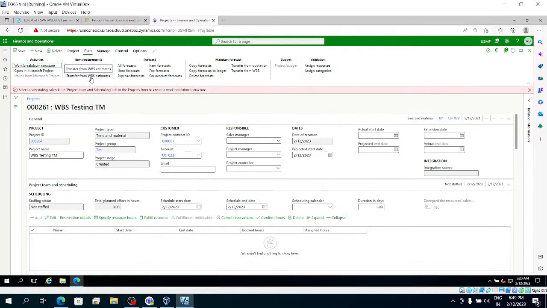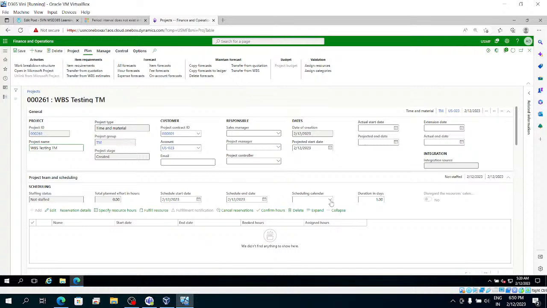It asks us to select the scheduling calendar in the project form to create the work breakdown structure. Let's take the 24 hours one,